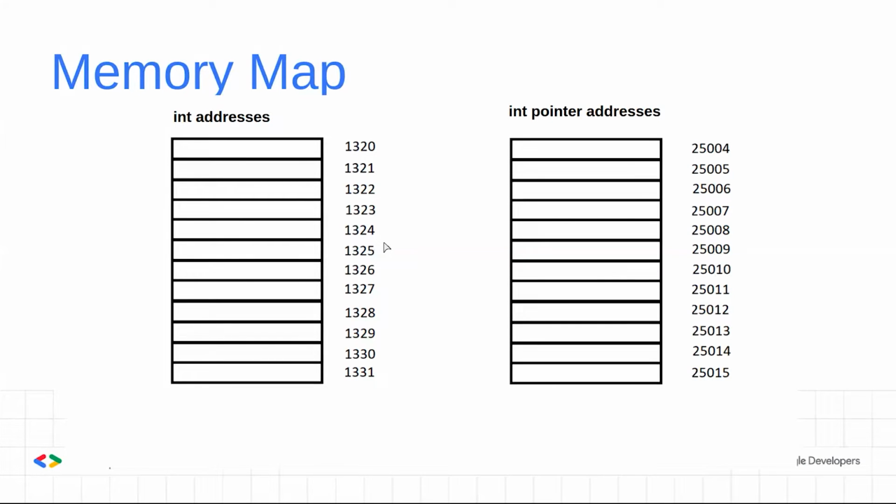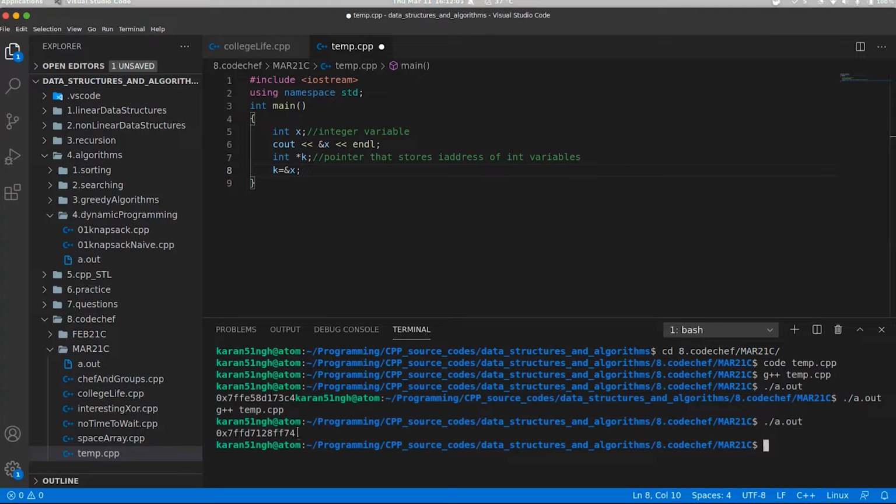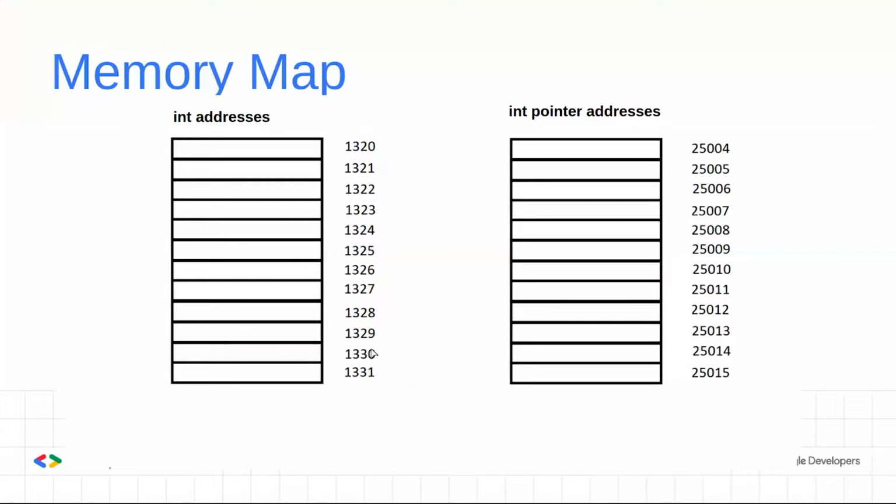Now mind you that this representation is integer type representation, and as I showed you, memory locations are basically represented in this way, right? So this is actually hex form, I guess, and if we convert it into integer form, it will look something like this. I basically use integer form to represent it so that it looks simpler and more intuitive to understand. So on this slide, I just want to say that in our memory map, let us consider that this segment of the memory map just stores integer variables, and this part of the memory map just stores pointer variables that point to integer locations.